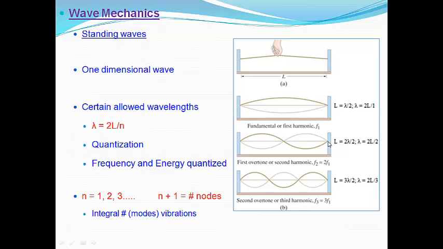In this case, the number of nodes, we have 1, 2, 3 nodes. Nodes are points of zero displacement. And so, n is going to be equal to 2, because number of nodes is 3, and n plus 1 is equal to 3. And so n is going to be equal to 2. And in this case, we have 1, 2, 3, 4 nodes. And therefore, n is going to be equal to 3. And so, if we were to determine what the wavelength is, 2L over n, lambda is equal to 2L over 3, which is essentially